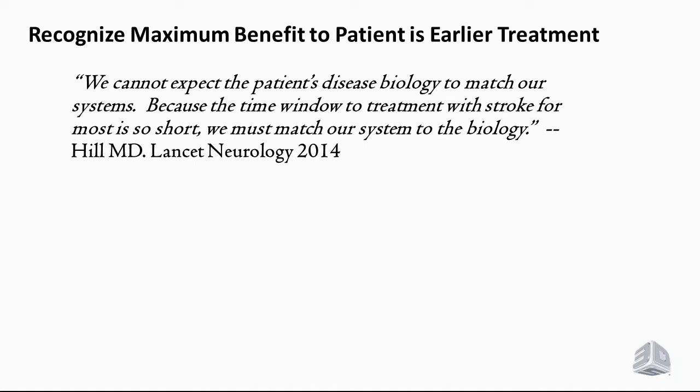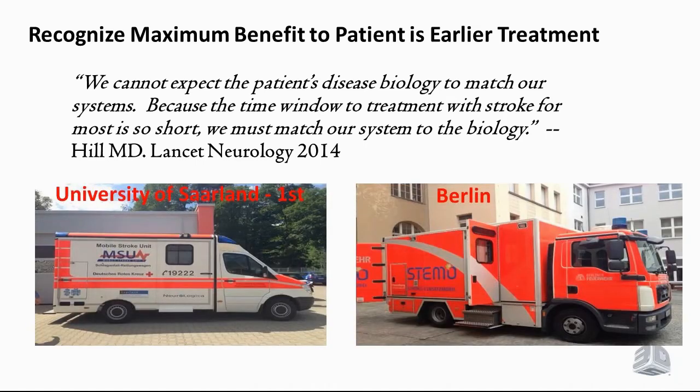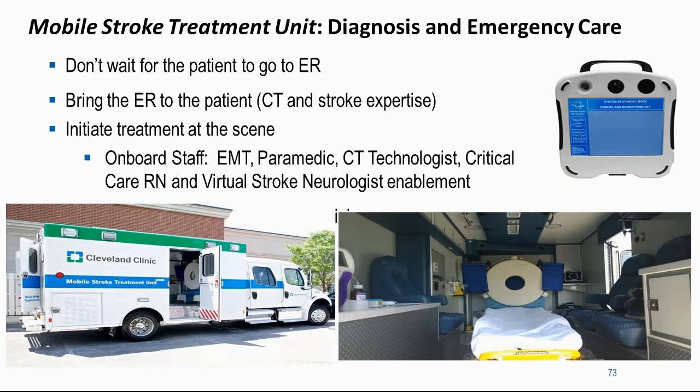And the person who really embraced this and has tried to push, who's thought outside the box and pushed the limits a little bit, is Klaus Fassbender in Germany, where he's actually helped to organize acute stroke service, and they actually have the CT scanner to determine whether it's a hemorrhagic stroke or an acute ischemic stroke in the truck. And not being too bashful, we've copied that effort here in Cleveland, and we too have an acute stroke ambulance. We don't wait for the patient to be brought to the ER. We bring the ER